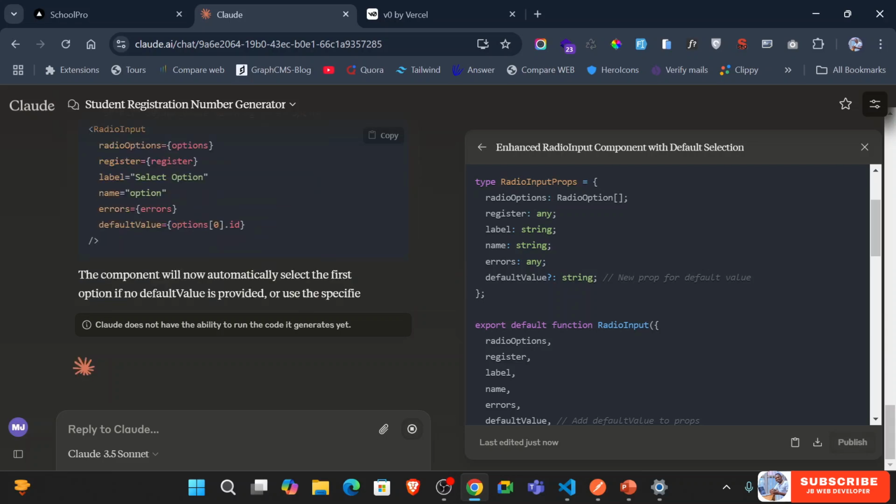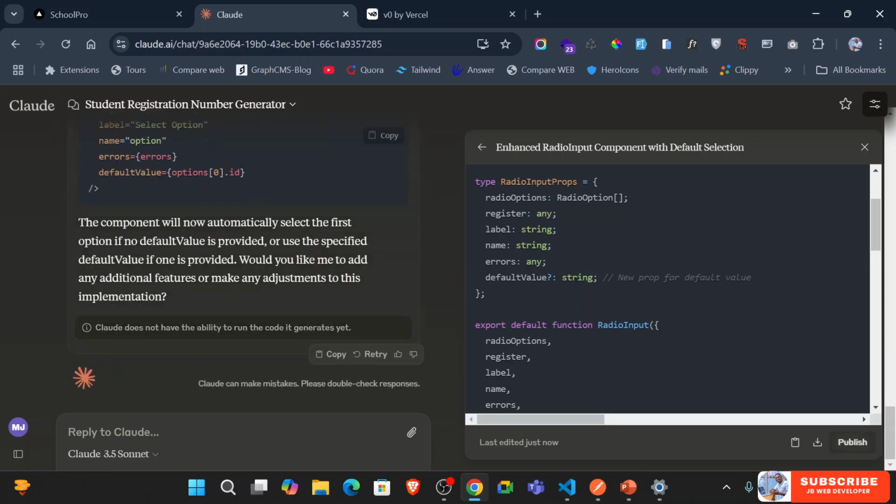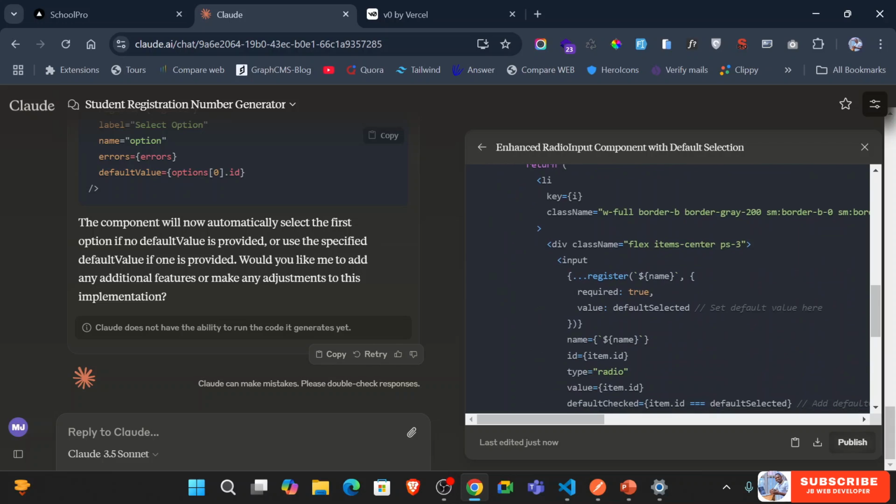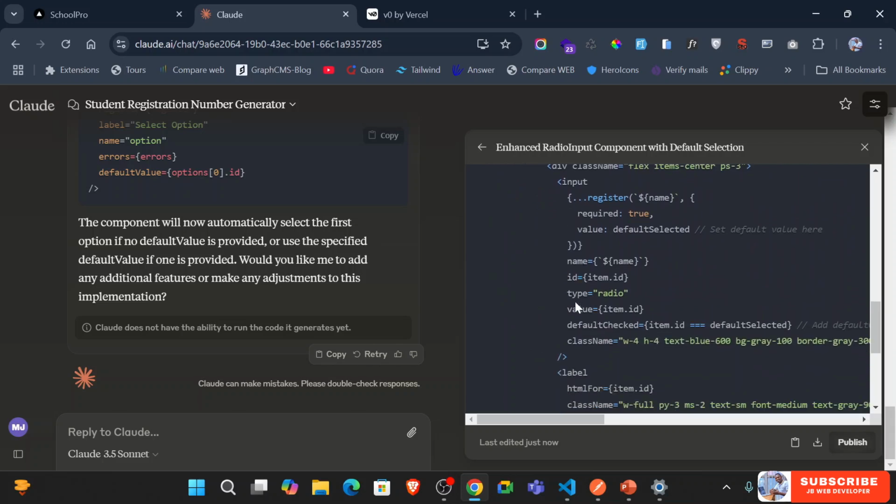I thought the default could be something, but default selected is default value or radio options as z.id. So this is what it has done, and then here we have default checked is item.id if is equal to,